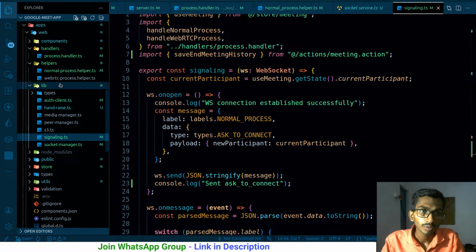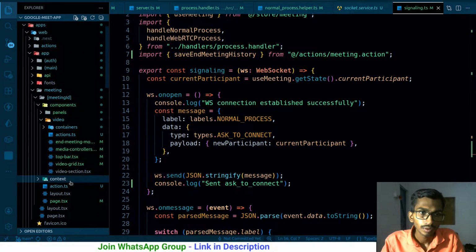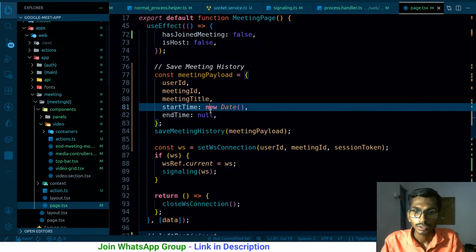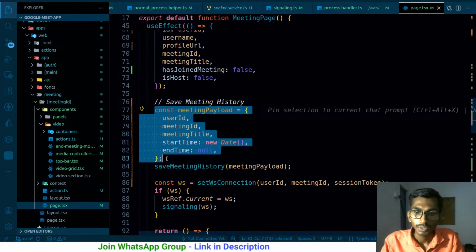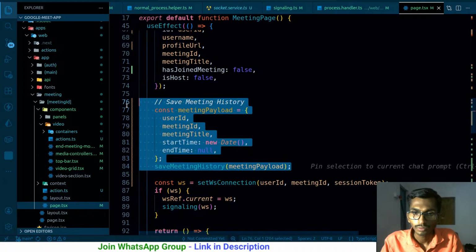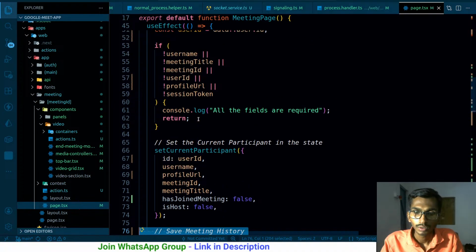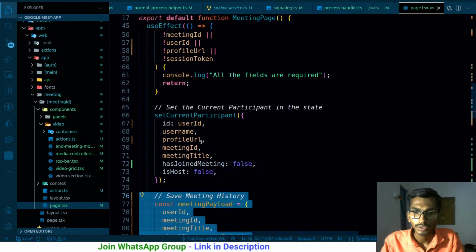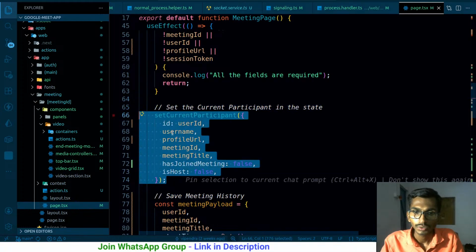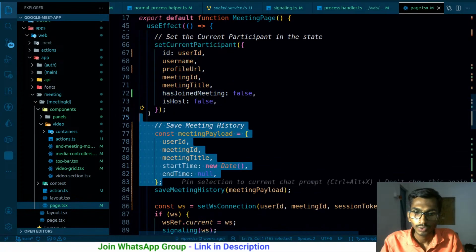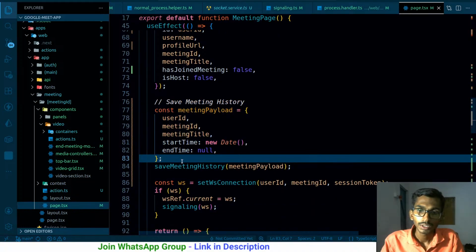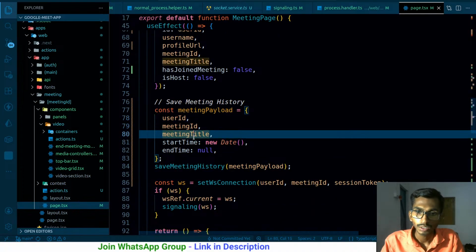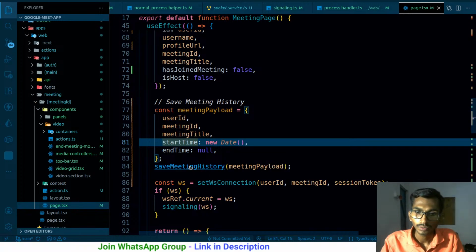So whenever a normal participant joins, inside page.tsx, save meeting payload. This is the payload that I have. And set current participant. First of all, I'm checking all these things. Once checked, set current participant. This is just the state. This is where I got the payload. Save meeting history for that particular participant. So I have user ID, meeting title, all these things. If I just simply go here,